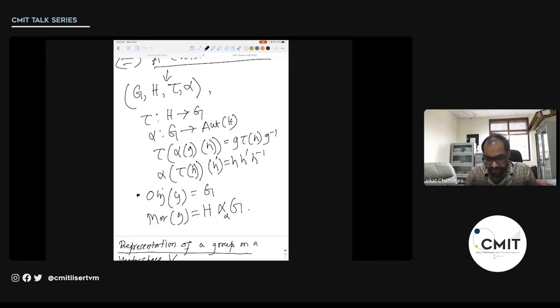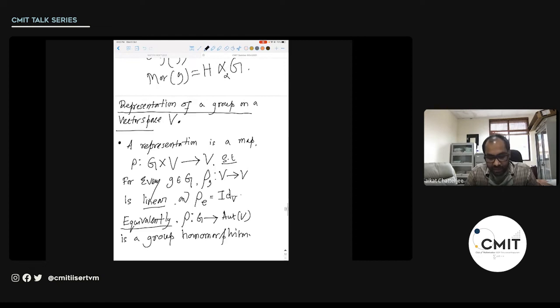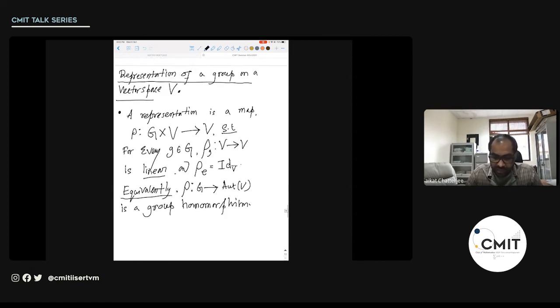So now let us move on to the other part of this, and at the classical level, that is: what is a representation of a group on a vector space V? I do not know how many of you have seen representations. Probably yes. This is a very basic, elementary definition. So I will be talking about representations on a vector space. Suppose G is a group, then a representation is a map from G cross V to V, such that